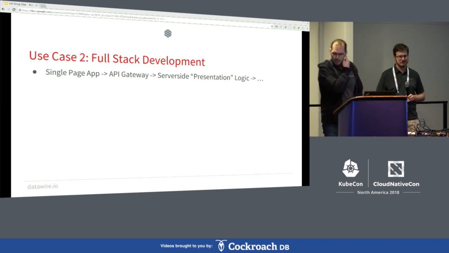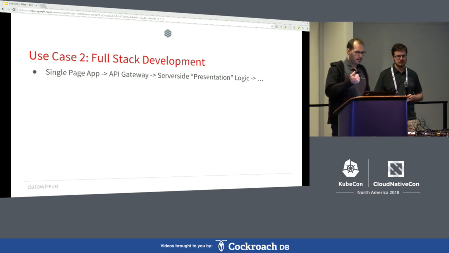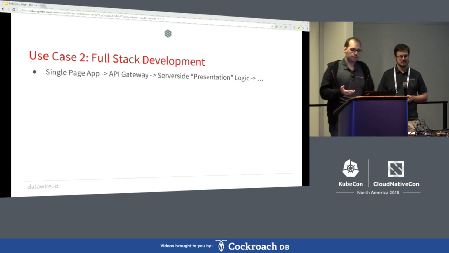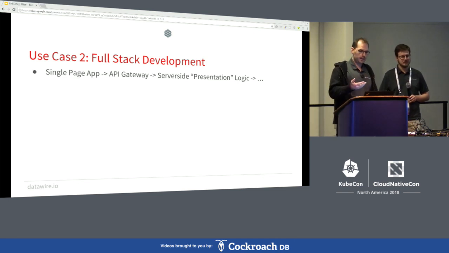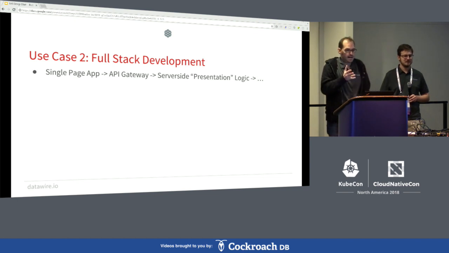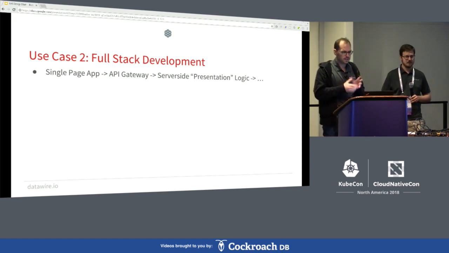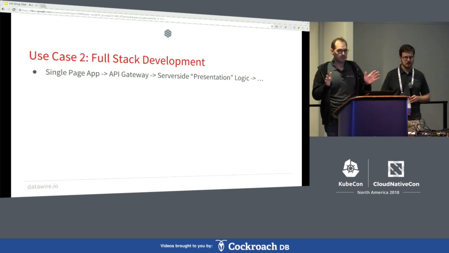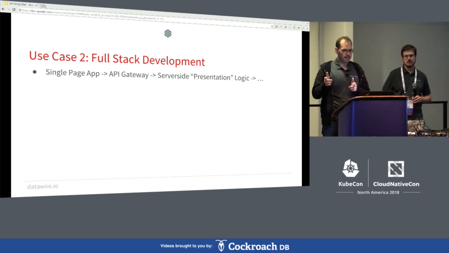So another use case is full stack development. Sorry, I don't have a prettier diagram for this, but if you're hacking on a single page app that has server-side logic that sits behind an API gateway, like most JavaScript hackers, you're probably so used to live file reload that the moment you have to wait for a compile cycle, you reflexively reach for a gulp of caffeine, and next thing you know, you're way over caffeinated, and maybe you start frantically pushing bugs into production. Disaster ensues. And so with telepresence, you can actually swap out that Node.js app